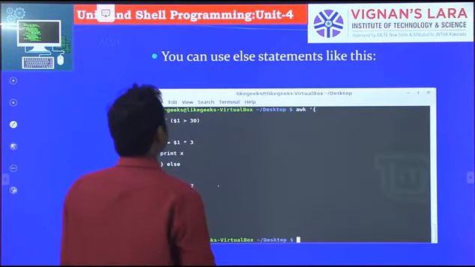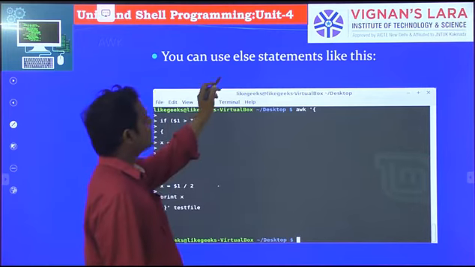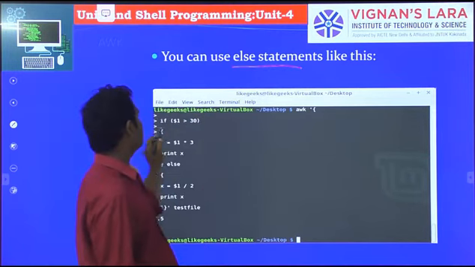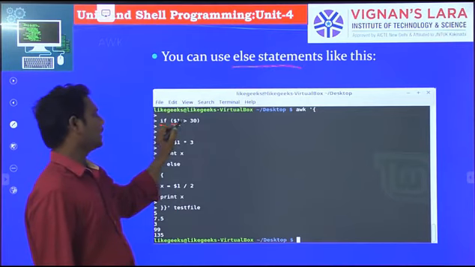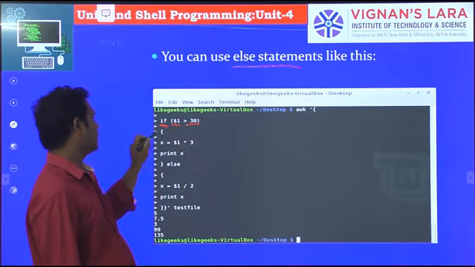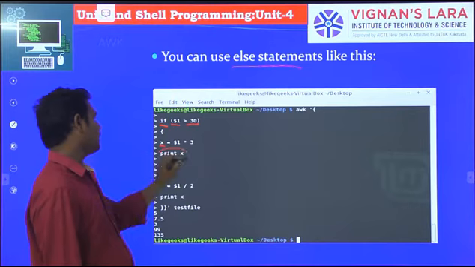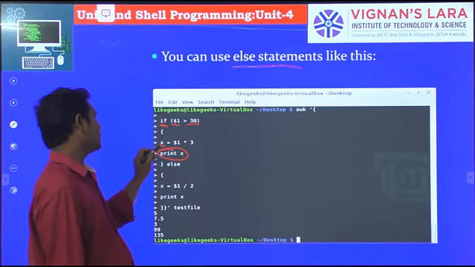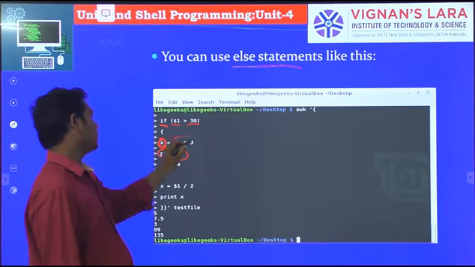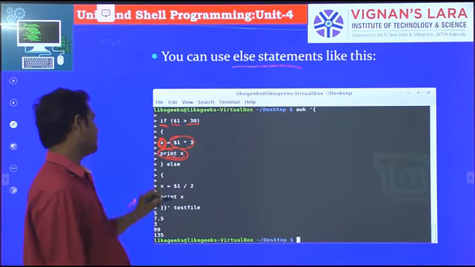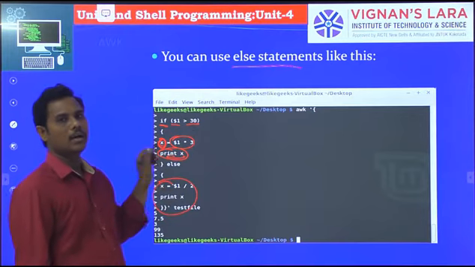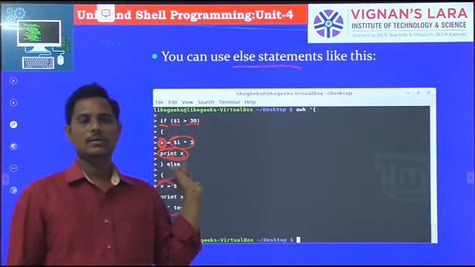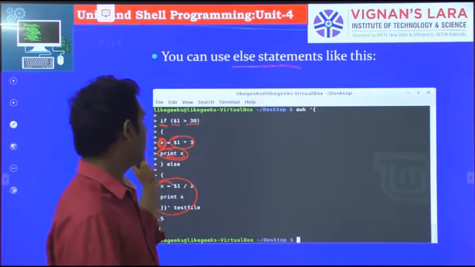So here you can use the else statement, like here is how the else statement is used. If $1 greater than 30, bracket open, x equal to $1 multiply 3, print x, you will print the x statement. So this will be multiplied, we are getting the close, else this one is executed. So simple if else statement, how it is executed, you can see the output easily.